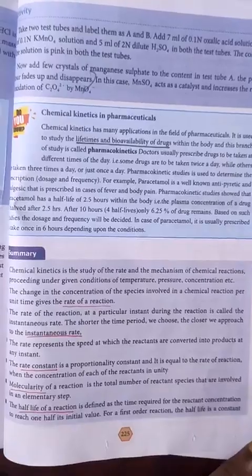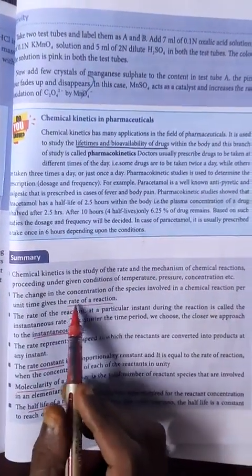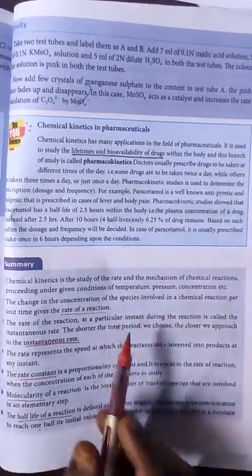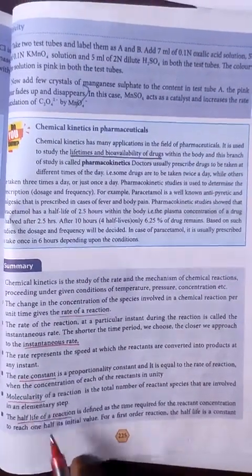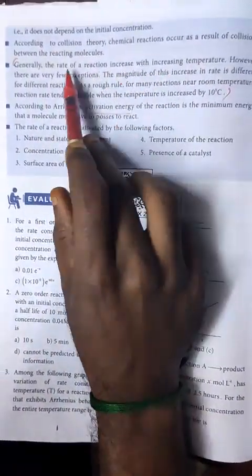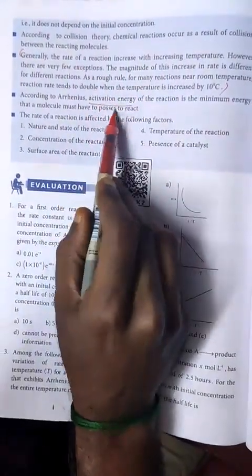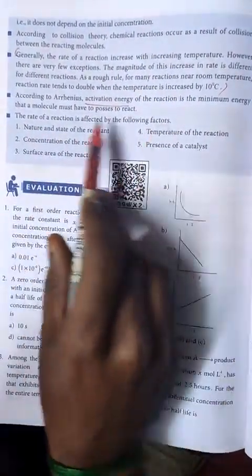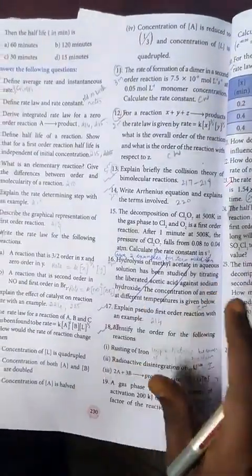And as I discussed in the previous video, here also the summary is very, very important. See here the second point, what is rate of the reaction? This is a definition. What is instantaneous reaction? This point. And rate constant, define molecularity, define half-life period, and how the rate of the reaction depends upon the temperature. Okay, what is activation energy? What are the factors that affect the rate of the reaction? So these are the questions for which answers are given in the form of the summary. Okay. Next here we have some problems.